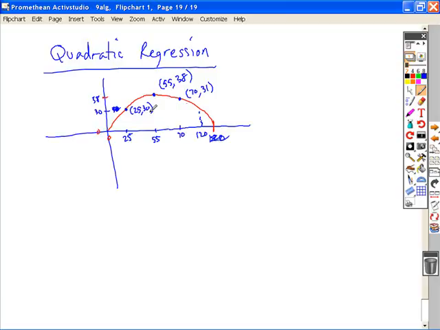But let's say if this is the information, so if you are testing a car, and these are the 3 points that you test, you find what is the gas mileage at each of these. What this is going to allow you to do is you can find the maximum